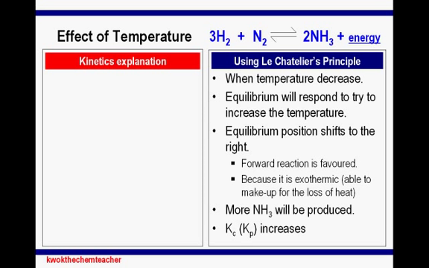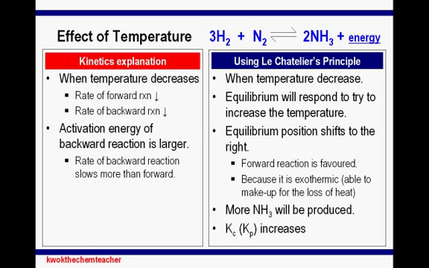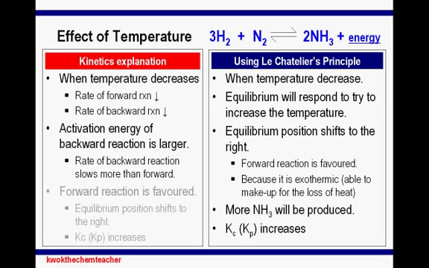Using kinetics, we can also explain the effect of temperature. What happens here is when temperature decreases, both the rate of the forward and the rate of the backward reactions will decrease. The activation energy of the backward reaction is actually larger for an exothermic reaction. Hence, you would expect the rate of the backward reaction to slow down more than the forward. As a result, the forward reaction is favored, the equilibrium position will shift to the right, and the equilibrium constant